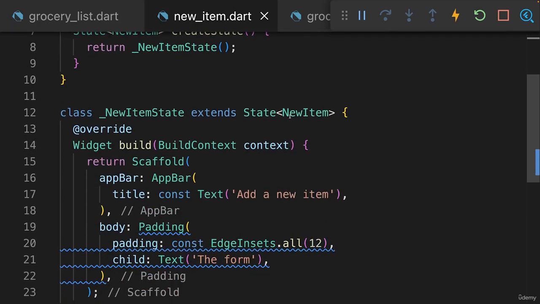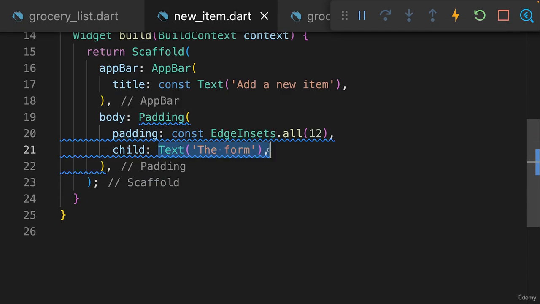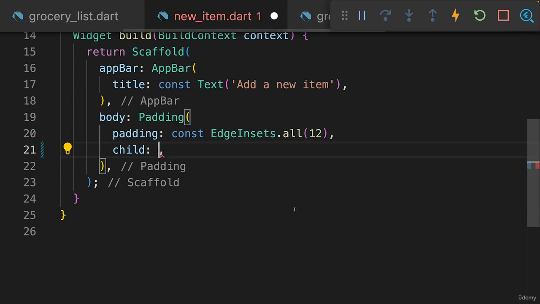So let's now go back to the new_item.dart file and replace this text placeholder widget here with that form we want to add. Now, a form is simply a combination of input fields, and in Flutter there is a built-in Form widget which you can use to build such a combination of input fields. Now, of course, we already handled user input before in this course, and we did that without using that form. So clearly we don't need to use a form in Flutter to display multiple input elements and get some user